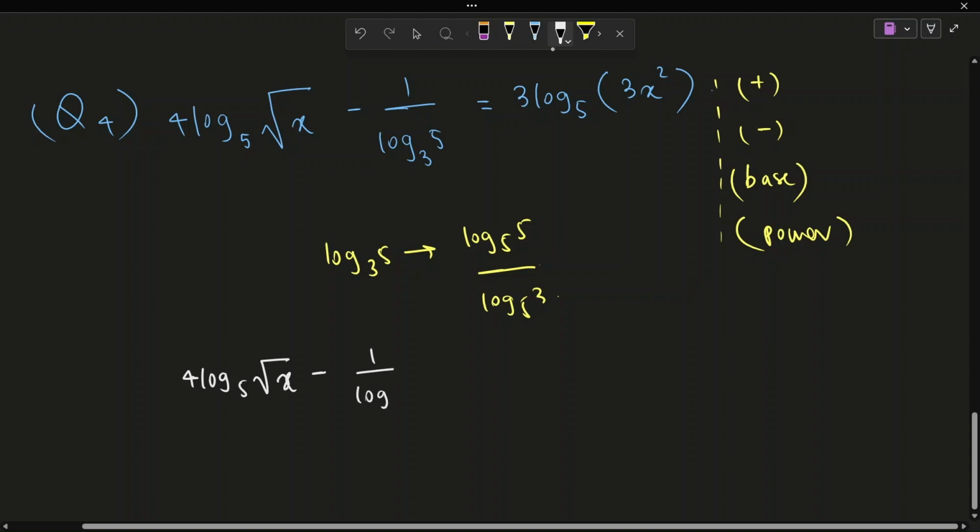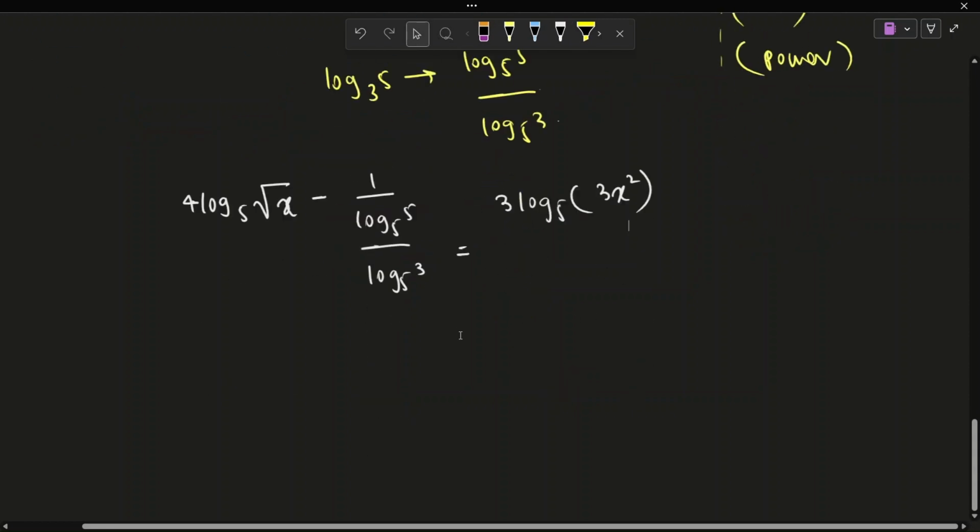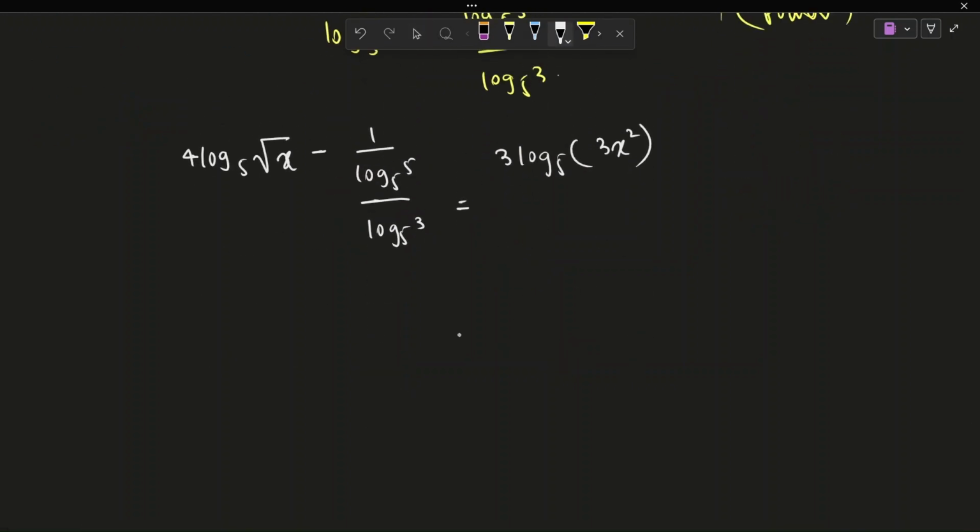1 by log 5 base 5 over log 3 base 5 equals 3 log base 5, and we've got a 3x squared. Now, since there are 2 denominators in this fraction, we can take the lowest denominator into the numerator. And we also know that log 5 to the base 5 is equal to 1 because the base and the number are the same. So if that's equal to 1, then it's basically nothing. So we're going to get a different